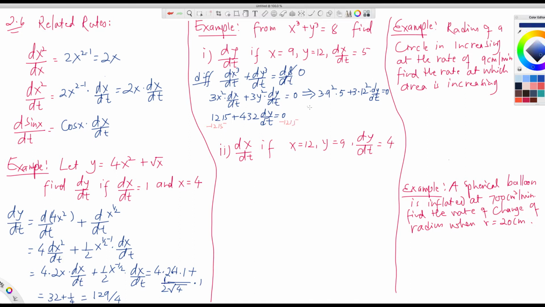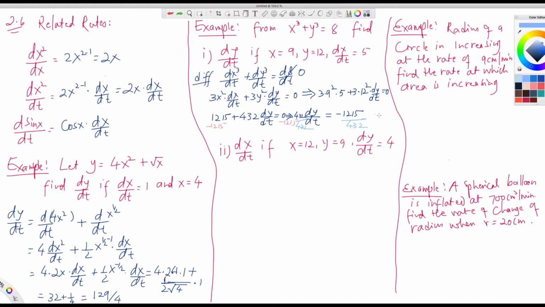Basically you get dy over dt, and we'll also have to divide by 432. Let me write down 432 for now. This implies 432 dy over dt equals negative 1215, right? And divide by 432. What do you get? If you divide both sides by 432, then you get dy over dt equals